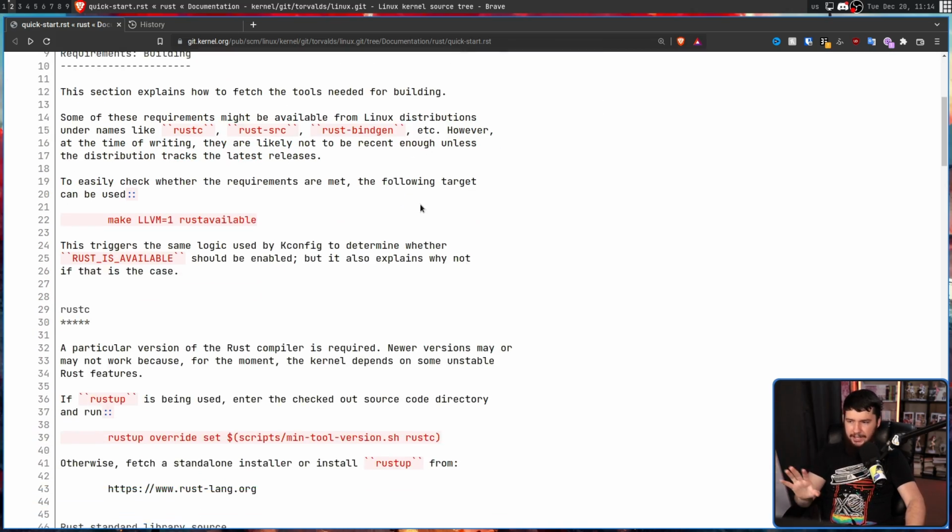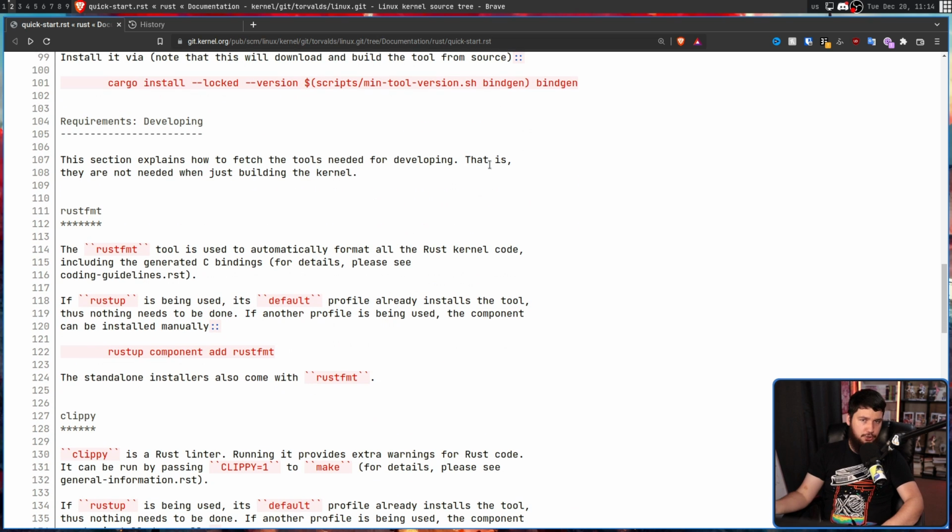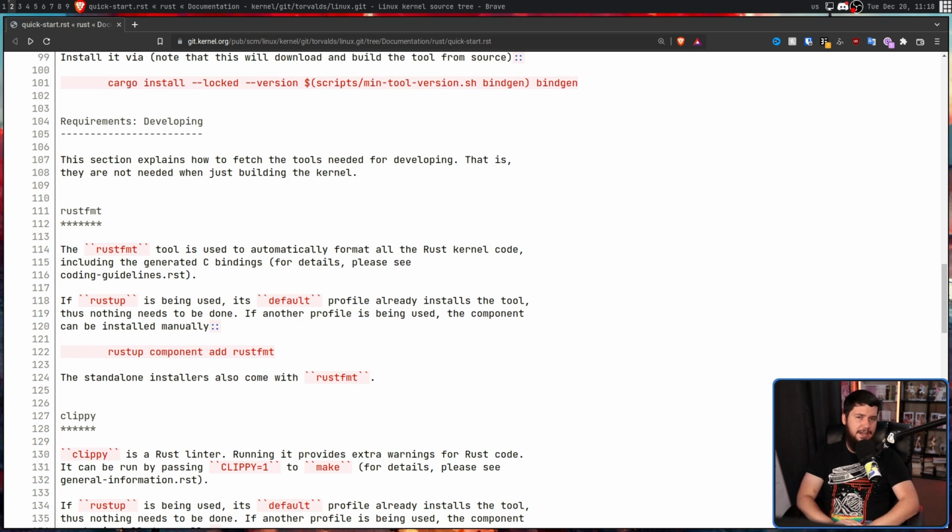Right now, the Rust support is not required for anything, so not having it there isn't harmful whatsoever. It's basically only required to be there if you are trying to do some Rust kernel development, and if you're doing that, there is this whole setup guide required to get everything working like it really should be. But that's just right now in December of 2022.